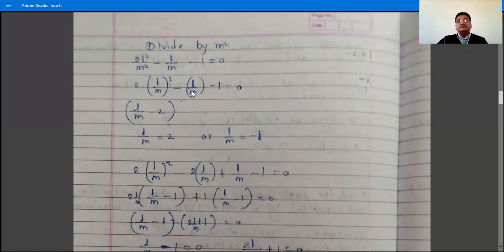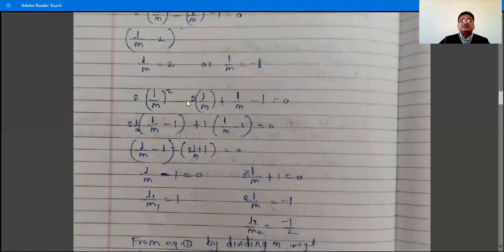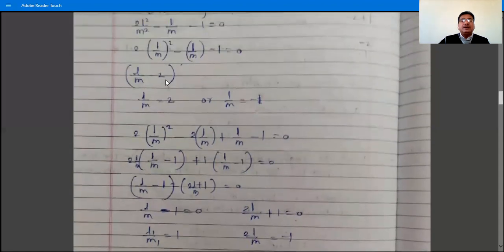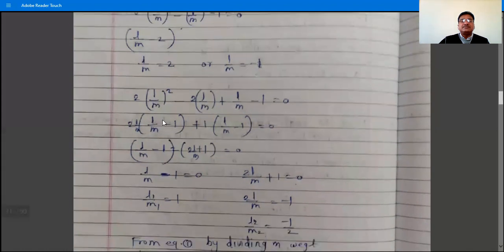The factorization is what? Factorize the equation 2x square minus x minus 1 is equal to 0. You want numbers whose sum is minus 1 and whose product is minus 2. So the numbers are what? l by m minus 2, and another number is what? Right here, this is the simplification. Yes, don't write these steps, write these steps.